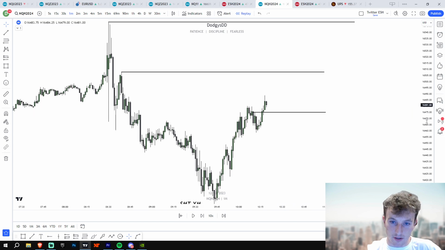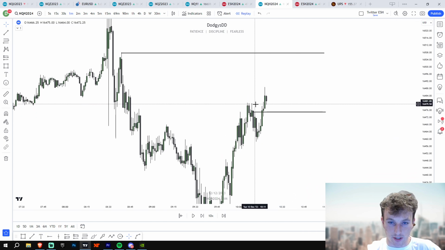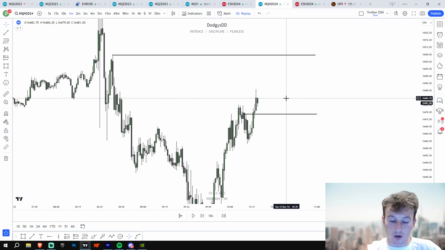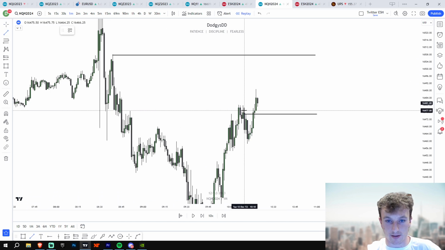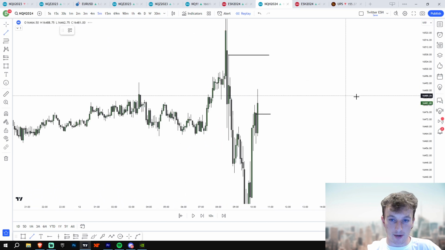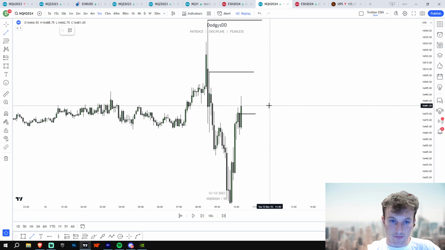And even if you look in the 1 minute, it's technically a market structure shift. Or in this case, actually a break of structure, because we don't really reverse here. It was already in an uptrend. And in the 5 minute, it's a change in state delivery. Okay, so do you see what I'm basically saying now, right?